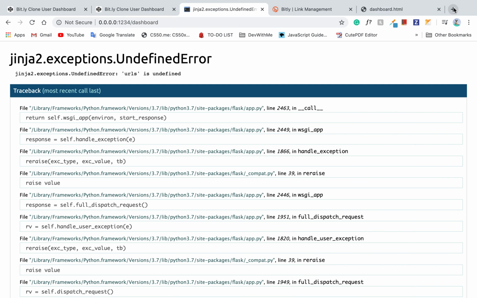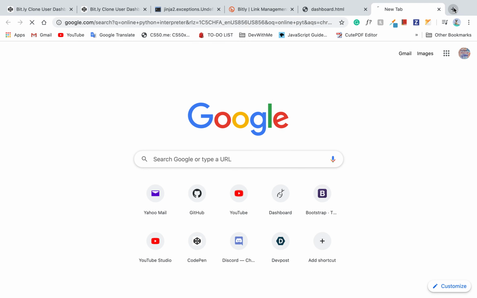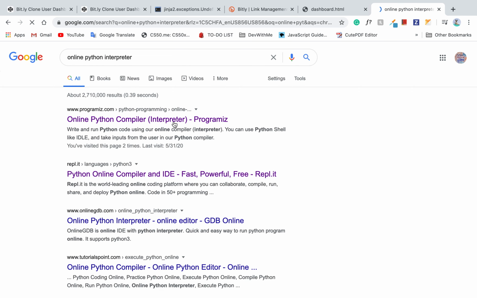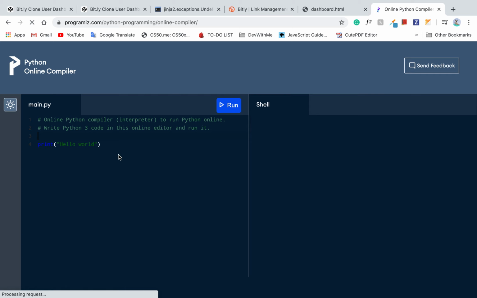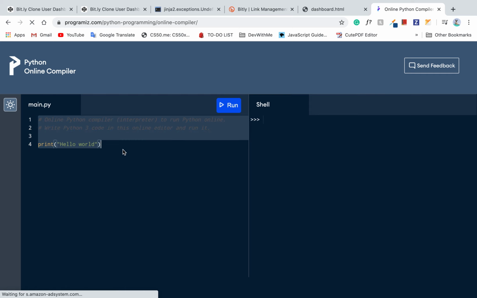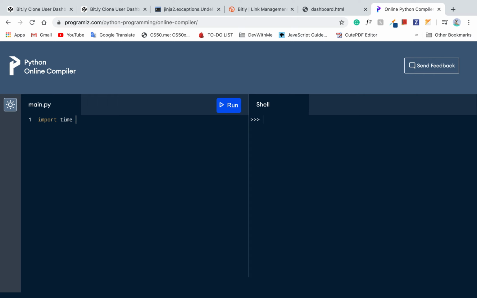So let me just Google an online Python compiler or interpreter, and then here's what I'm going to show you. So we're going to import some default modules. Just double check, see if we're able to import time, from datetime import date. Okay, so these two are default modules. Don't worry about installing them. So first we're going to get today's date, and this is going to be today equals